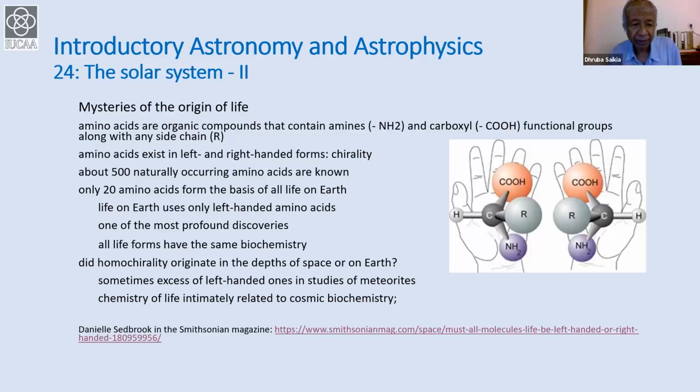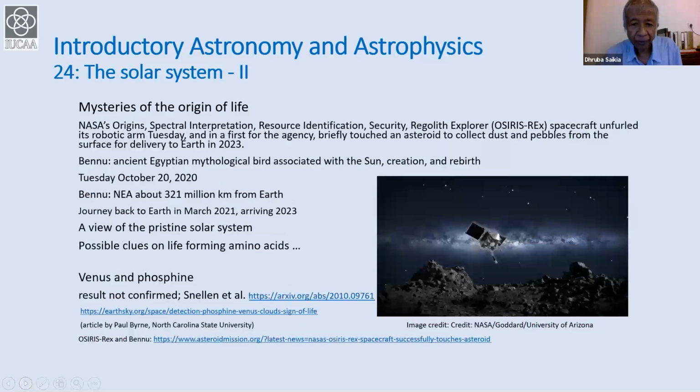So sometimes in the meteorites, you see an excess of left-handed ones. But we also find a reasonable number of right-handed ones. But when there is a significant excess, it is left-handed, as far as I'm aware. So the chemistry of life seems to be intimately related to cosmic biochemistry. And this is something which will keep opening up as more and more missions are there to pick up samples from